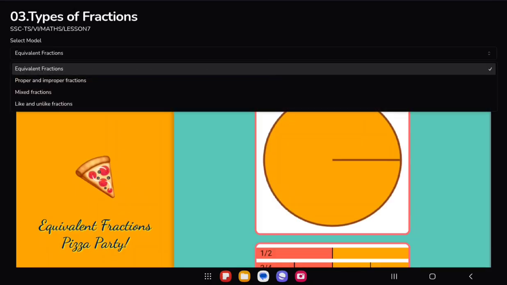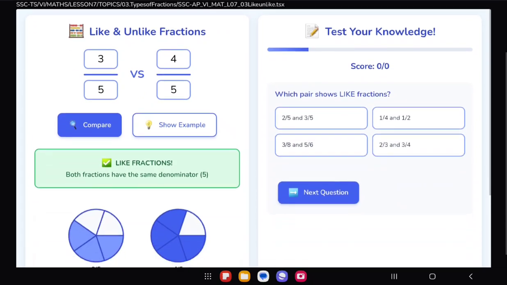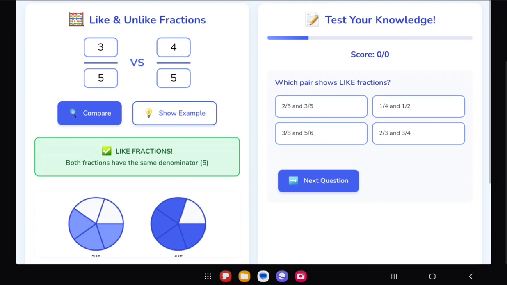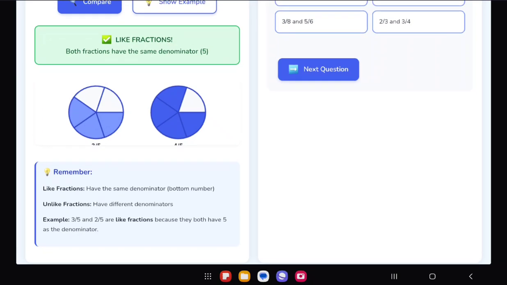Now, first let us discuss like and unlike fractions. What are like and unlike fractions? When we are comparing two different fractions, when both the fractions have the same denominator, you can see it is written here. Like fractions means they should have the same denominator. The bottom number, the denominator, should be the same. Unlike fractions, on the other hand, have different denominators. Got it? For example, 3 over 5 and 2 over 5 are like fractions because they both have